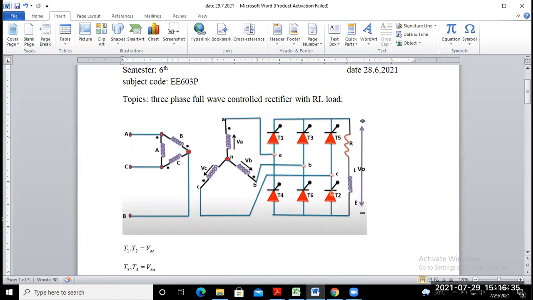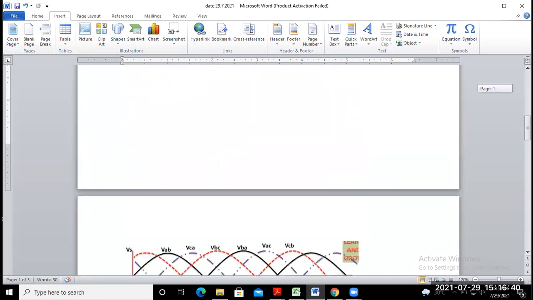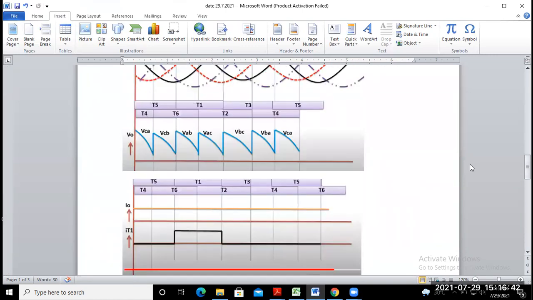So the current cannot reduce to zero; it always flows at a constant value, whether 5 ampere or 10 ampere. This is the waveform of the constant load current due to the presence of inductance.